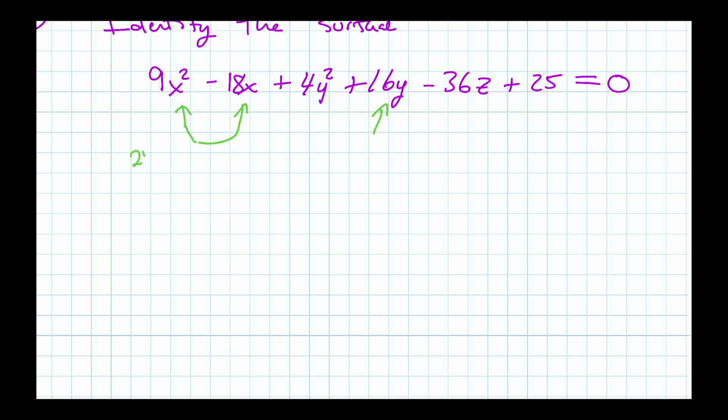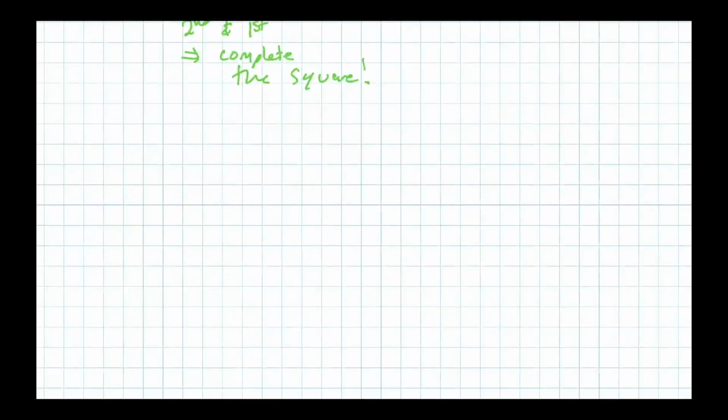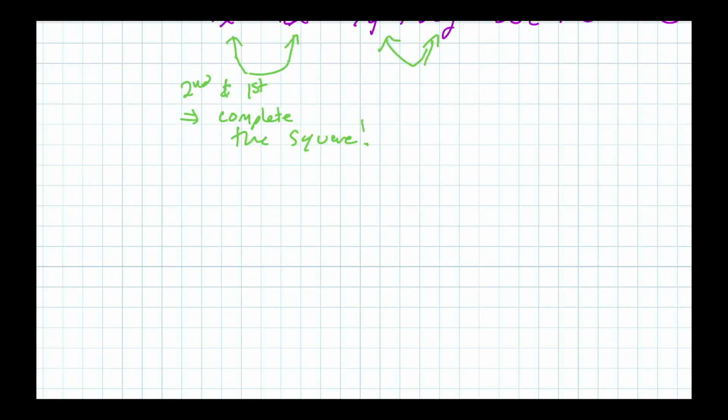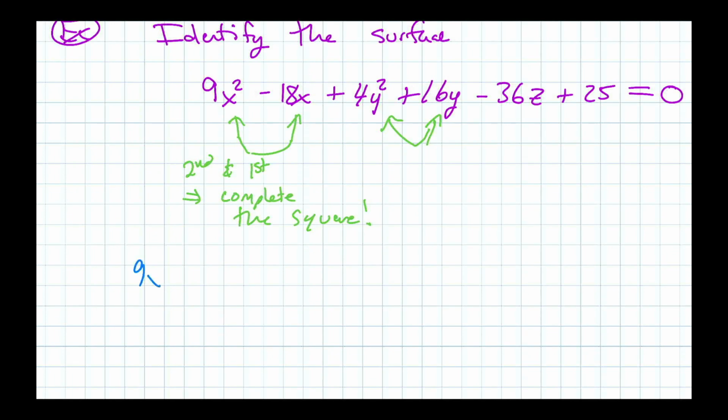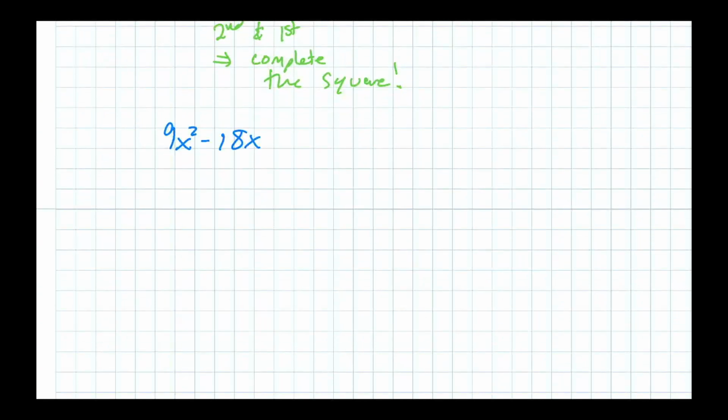So if you have second and first degree terms for a variable, you're going to have to complete the square. So for the y and for the x, we have to complete the square. Not for the z, because there is no second degree z, so there's no completing the square to do. But for these two, you do. So how do you complete the square? You got to remember how to do this. What do we have for x? 9x squared minus 18x, right? So that's what we have. To complete the square,